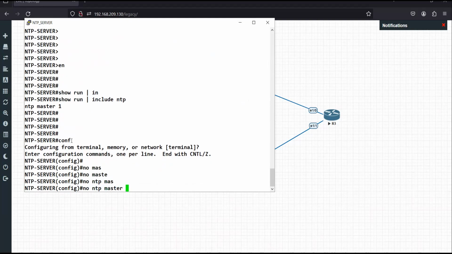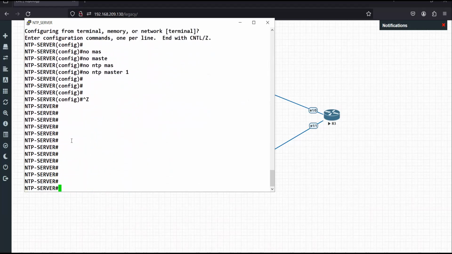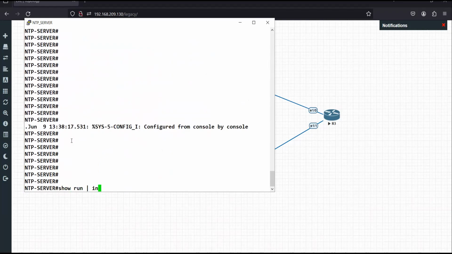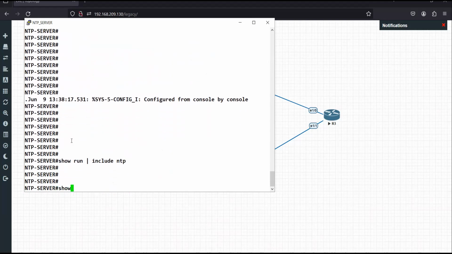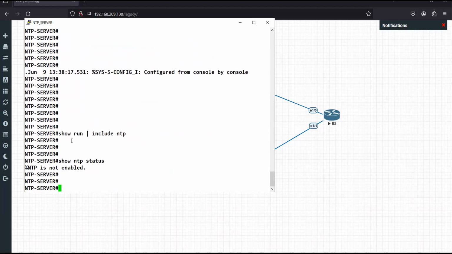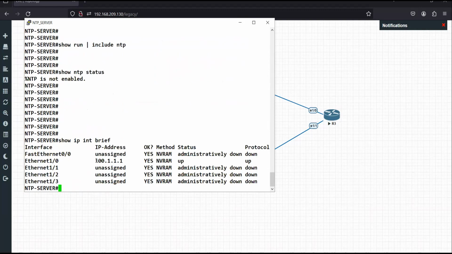I'll remove this command to show you from the start. So now if I check again, there is no NTP related command, right? If I do a show NTP status, there is nothing. NTP is not enabled. If I do a show IP interface brief, I have an IP address configured here,